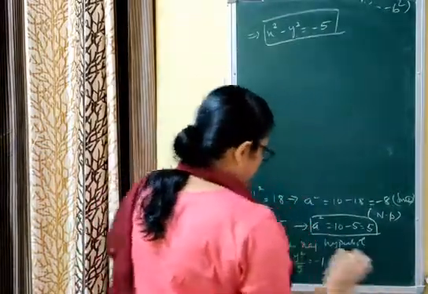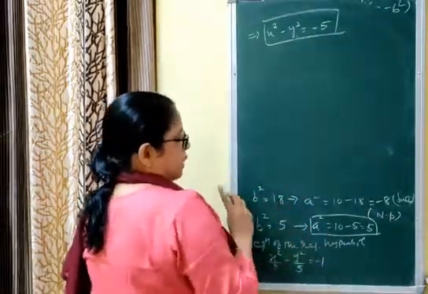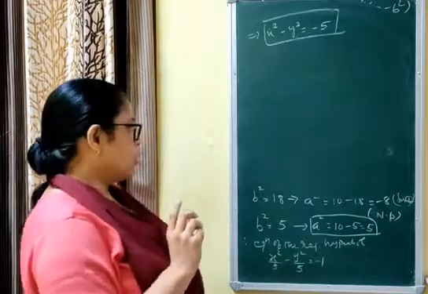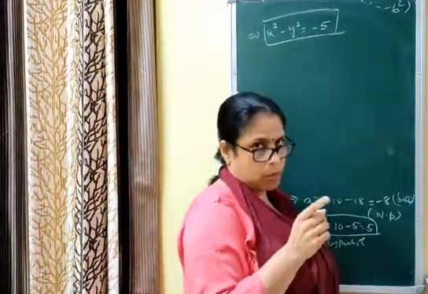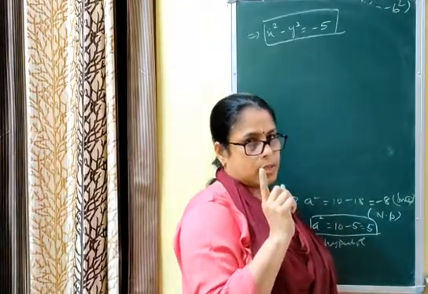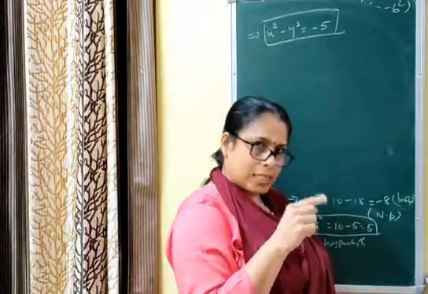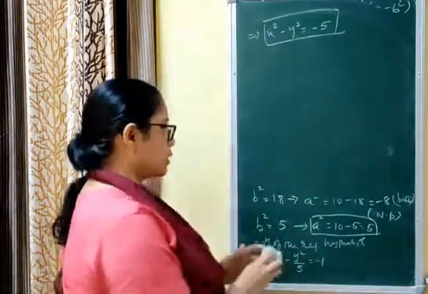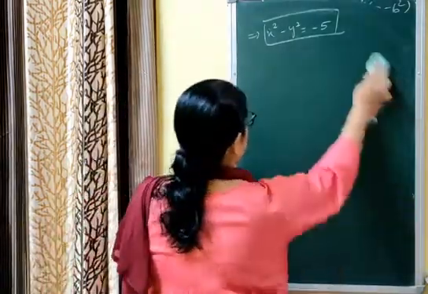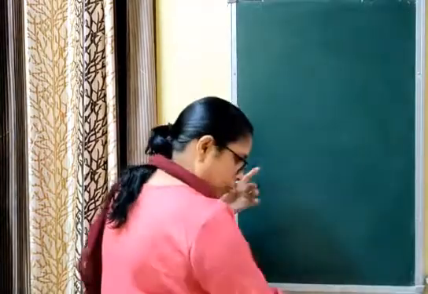Now the next question is, here we have to remember this formula, the relation of b square and a square: a square equal to b square into e square minus 1 if the transverse axis is y axis. If the transverse axis is x axis, then b square equal to a square into e square minus 1. You should remember both these formulas well, in ellipse as well as in hyperbola.